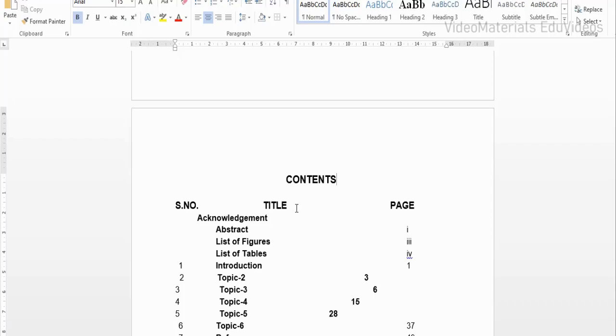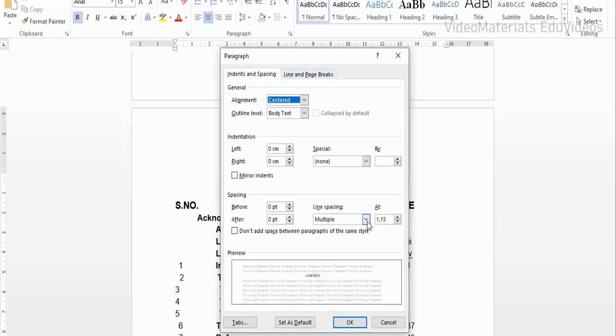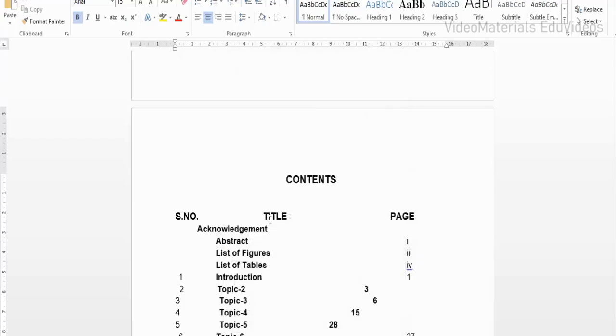Now before pressing enter, you have to set the line gap and paragraph spacing. So for that, go to paragraph settings, then choose 1.5 line spacing option, followed by after spacing is 10, and press enter. Now it shows there is a line gap in between the contents and the line where I'm going to place the table content.